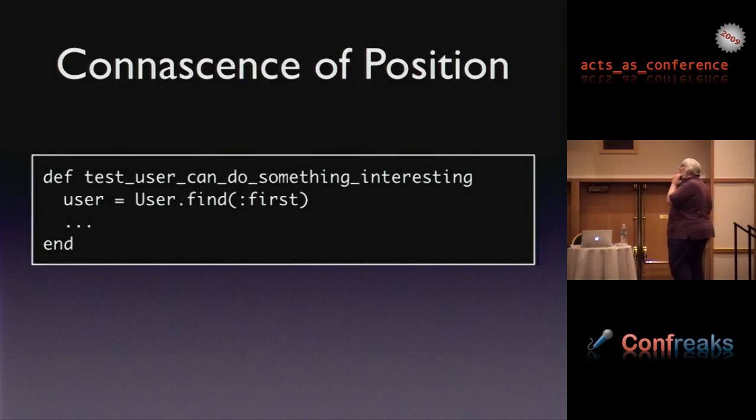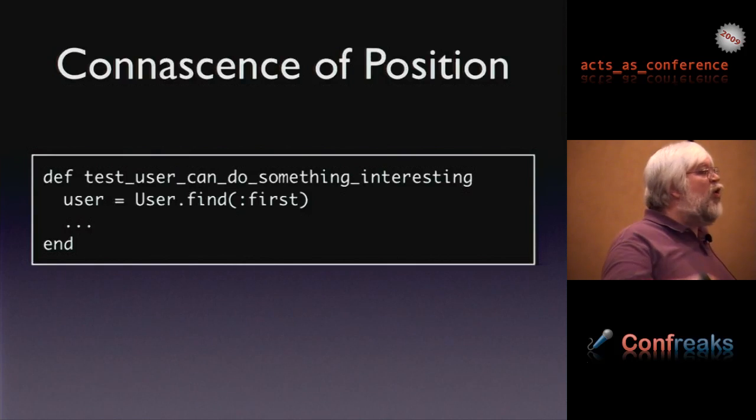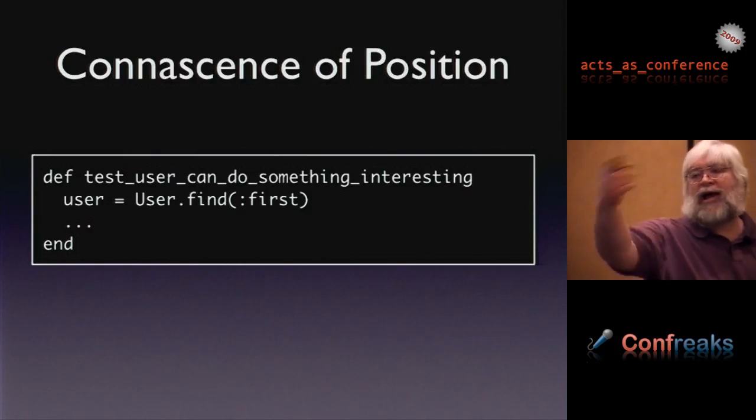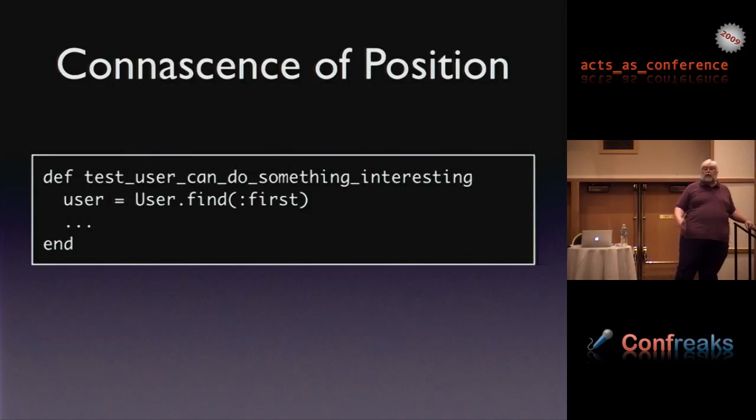Okay, another example of kinesis of position. Oh, this one hit us the other day. In a lot of our tests, we needed a worker object, a staffer object, or I guess in this case a user object for the test. The user object just needed to be there because you needed to have a user when you did something. But we didn't care what user it was, just any old user would do. So we had a lot of code that started their tests like this. Just find the first user and give it to me. And that worked fine.